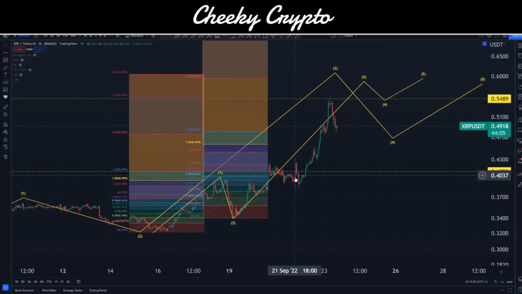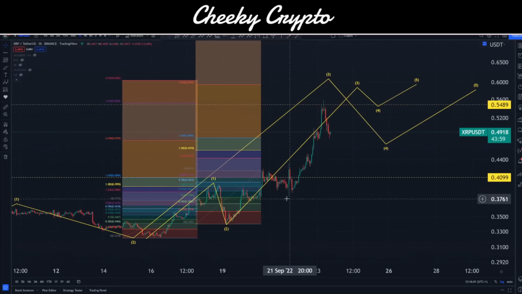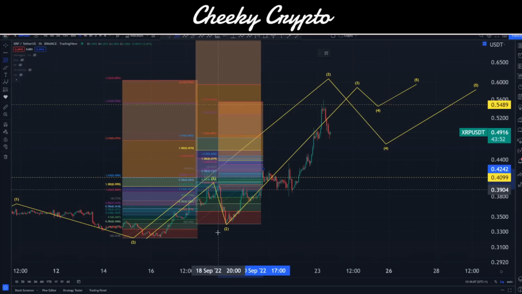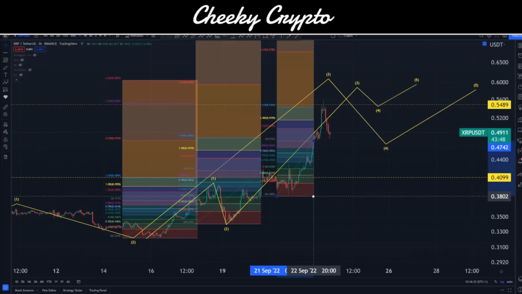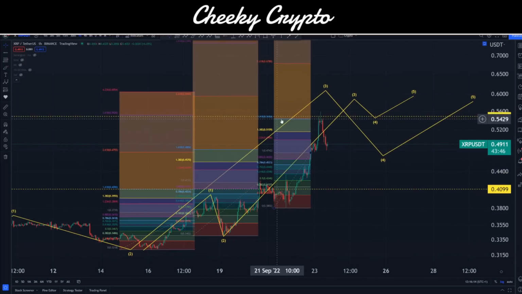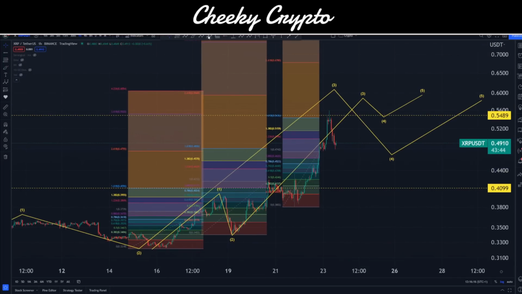Inside this wave 3, we see another clear move to the downside here. Although this one's actually more of an expanding kind of flat correction, we can't really draw down anymore on this hourly chart, but it definitely looks like a decent correction right in the middle here, and then we continue this move to the upside. So again, doing some sense checks, what's going on within these areas, right? And this is why a lot of people have been getting wrecked recently with XRP, because there's a lot going on. Again, hitting this 1.618 area,